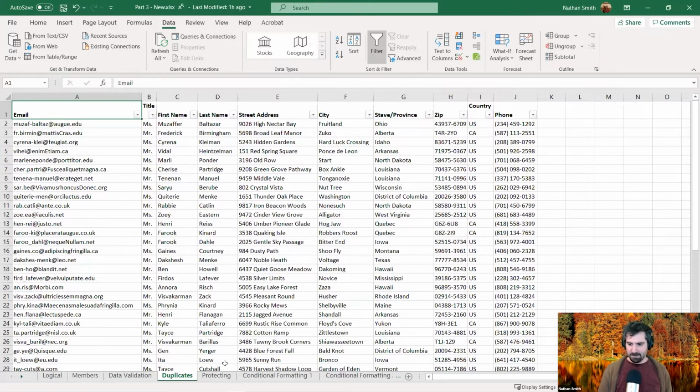Okay, let's move on to protecting the parts of a workbook. There are several different ways that we can do this, and I want to show you. Let me show you. I'm going to click on this protecting sheet down at the bottom. And when I do,